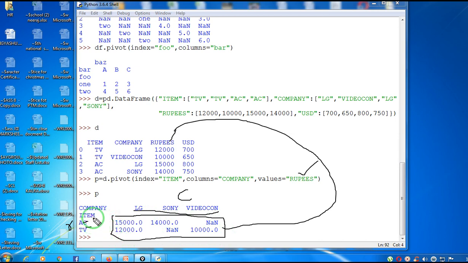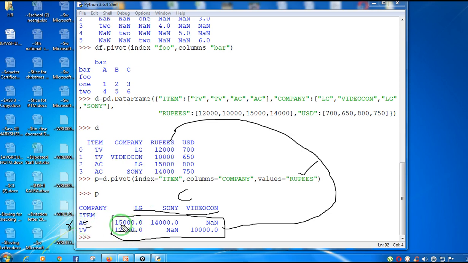So you can see the price of TV LG is 12,000 rupees. Price of AC LG is 15,000.